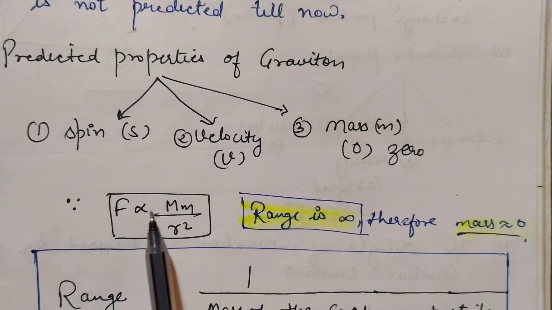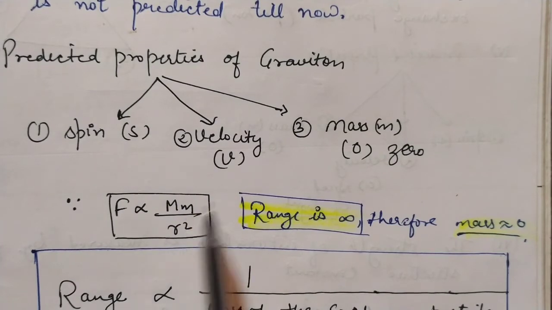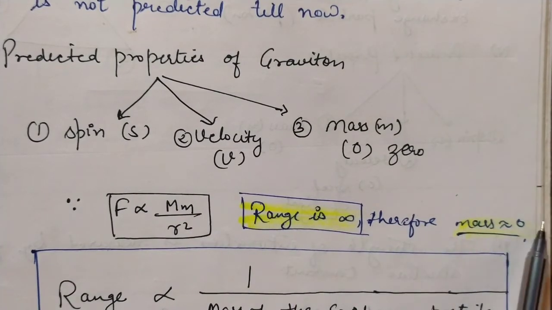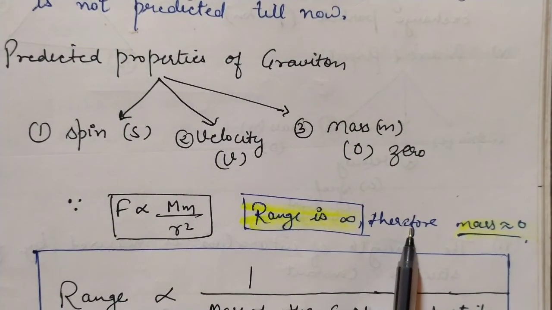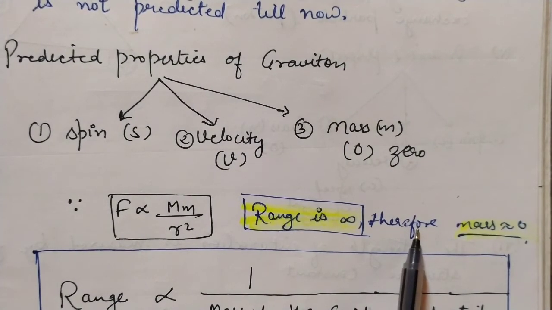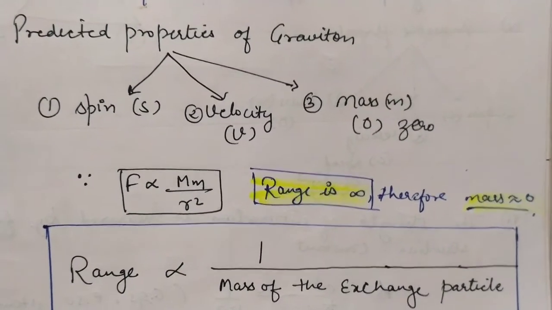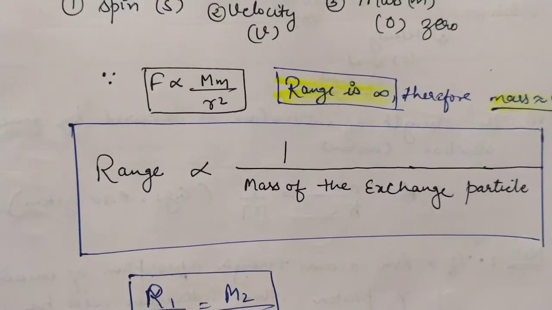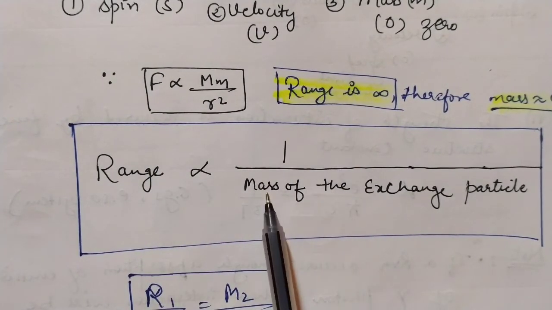Since its formula is given by F is directly proportional to m into m upon r square, its range is infinite, therefore its mass is 0. Why the mass is 0? Because its range is infinite. Something's range is infinite, that object is considered as a massless or negligible mass object. Okay, so from this we can conclude that the range of the gravitational interaction is inversely proportional to the mass